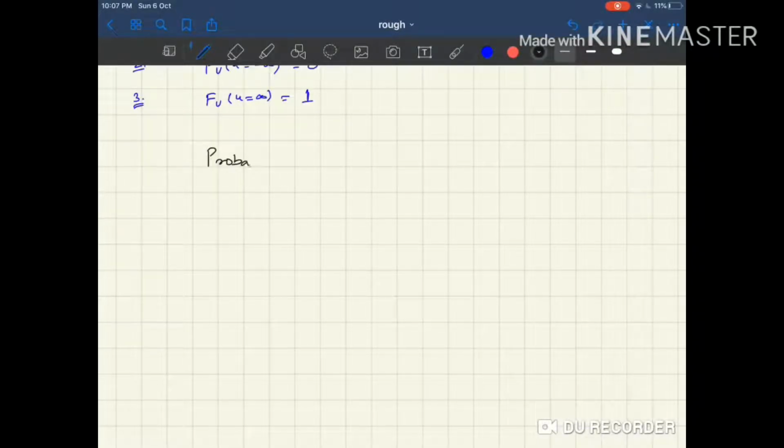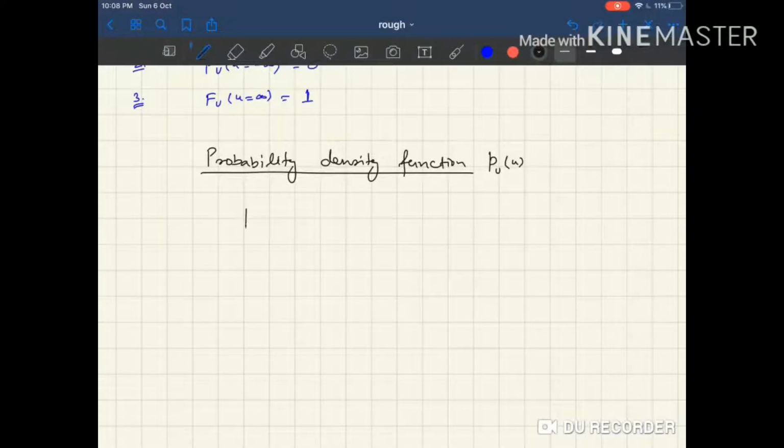So this is the probability density function. We usually denote it by p with capital U as a subscript, and a function of small u. So this is just a derivative of the probability distribution function. So p subscript capital U of small u is defined as